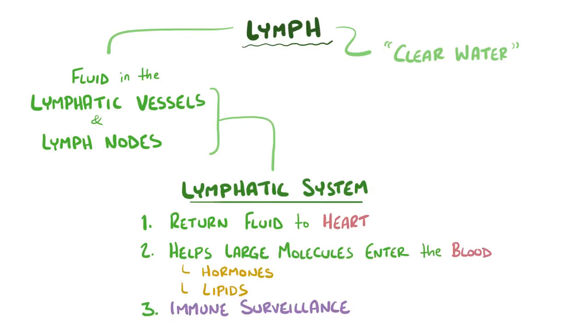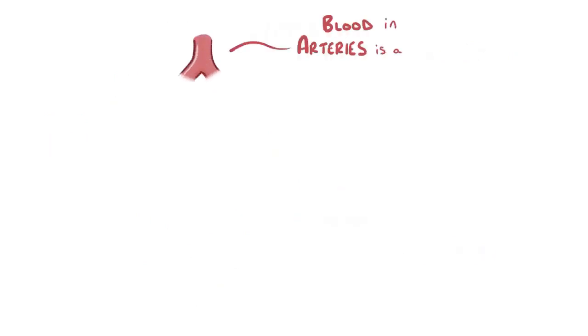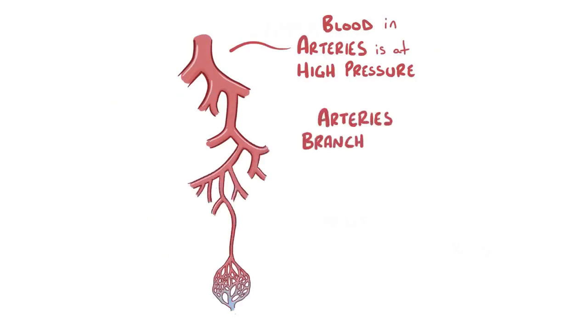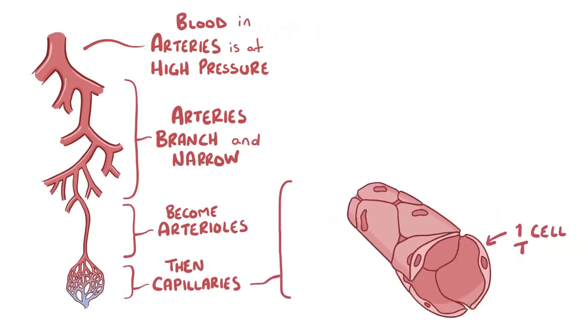So let's take a closer look at lymph and where it comes from. The blood in the arteries is under a lot of pressure because it needs to reach every little nook and cranny of the body. Those arteries branch out into narrower and narrower arteries, and then arterioles, until finally it gets to the capillaries, which have walls that are only 1 cell thick and are slightly porous. Red blood cells are too big to fit through the capillary pores, but small proteins like albumin and fluid can